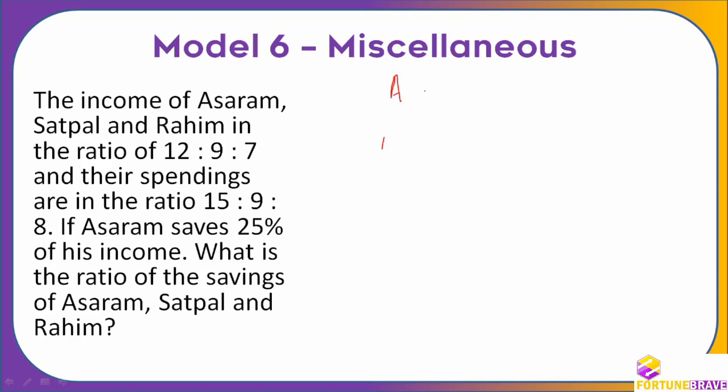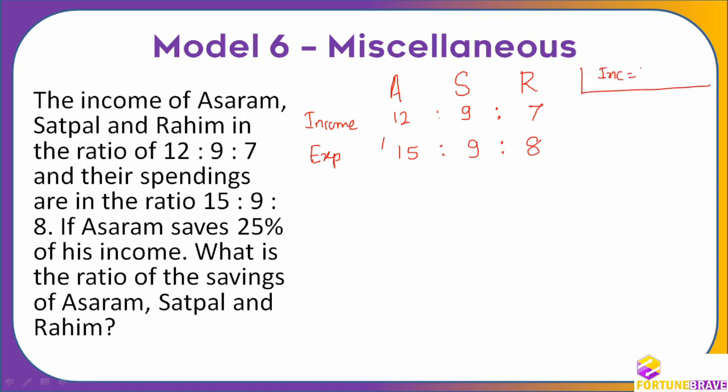So Asaram, Satpal and Rahim. Again, this is income, so I'll write it here as income so that we are clear about it. 12:9:7. Okay. And then their spendings. Spendings is expenditure, or you can write it as spendings only. That doesn't matter. 15:9:8. Now we already know from the previous question that income is equal to